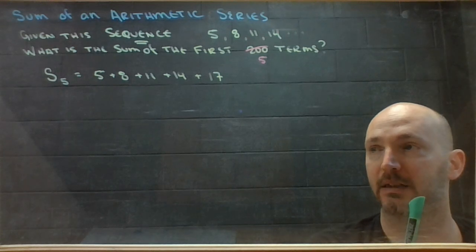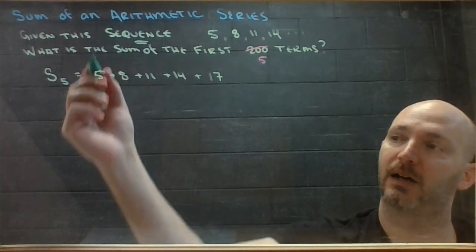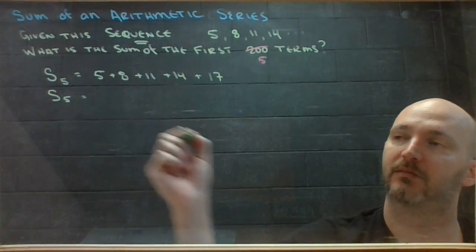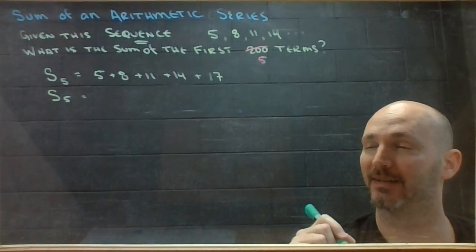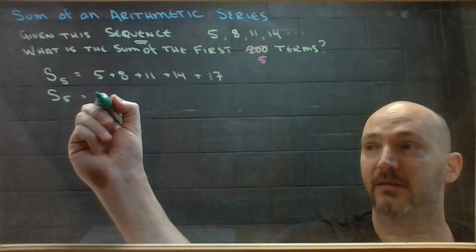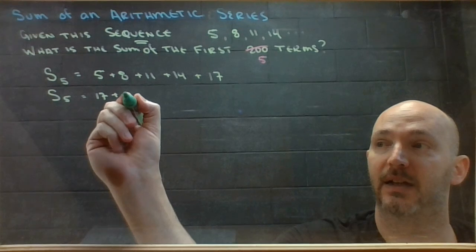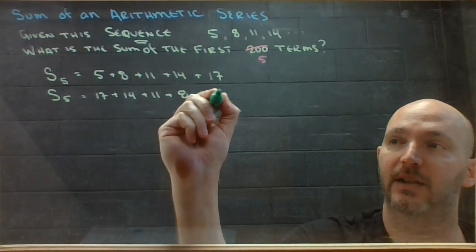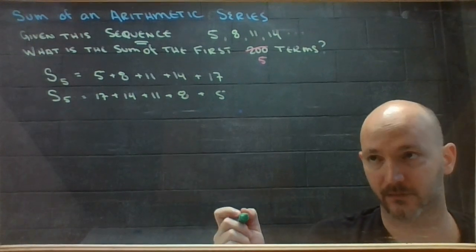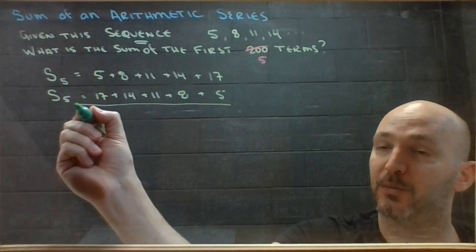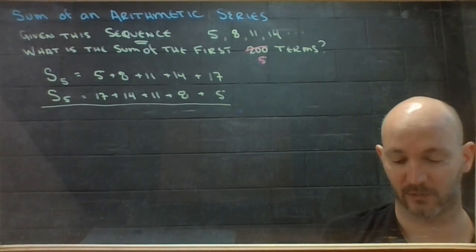Okay. I'm going to write this again, but just for fun, I'm going to write them in the opposite order. I'm going to start with 17, and then I'll add 14, and then I'll add 11, and then I'll add 8, and then I'll add 5. Well, why would I do that, you may be asking? Well, friends,